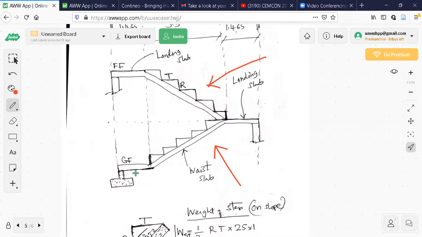Now, how is the ground floor slab? This is a slab you can see here. An inclined slab is there like this. The landing is horizontal. In between, it is a waist slab. So it consists of landing and waist slabs. Now here,